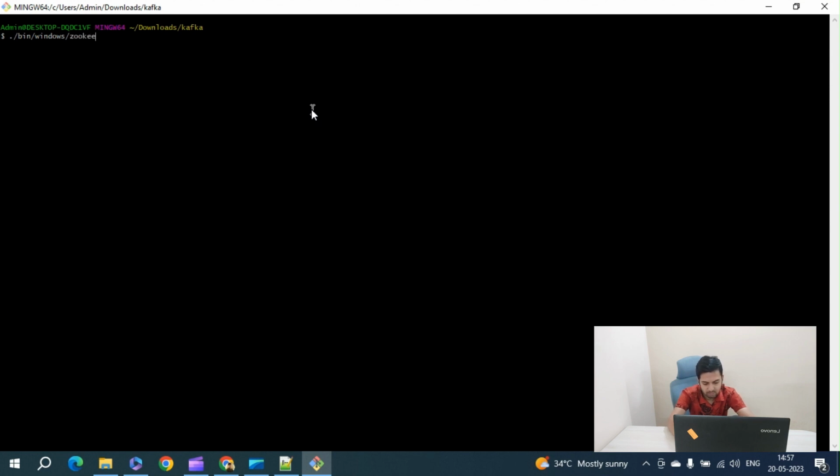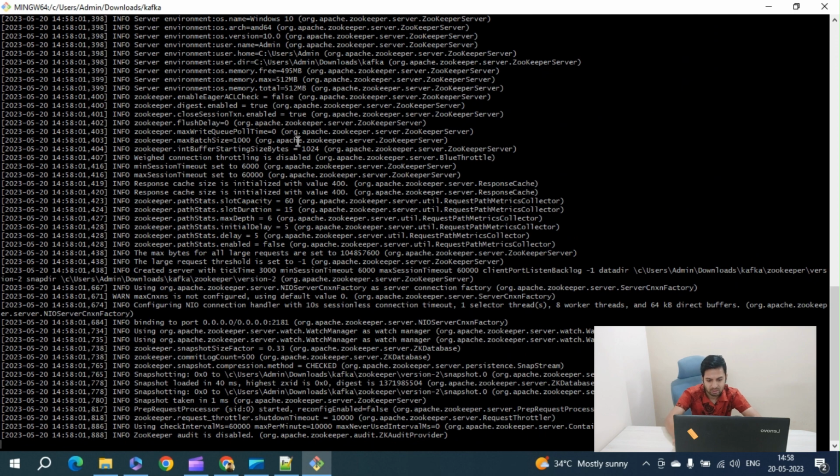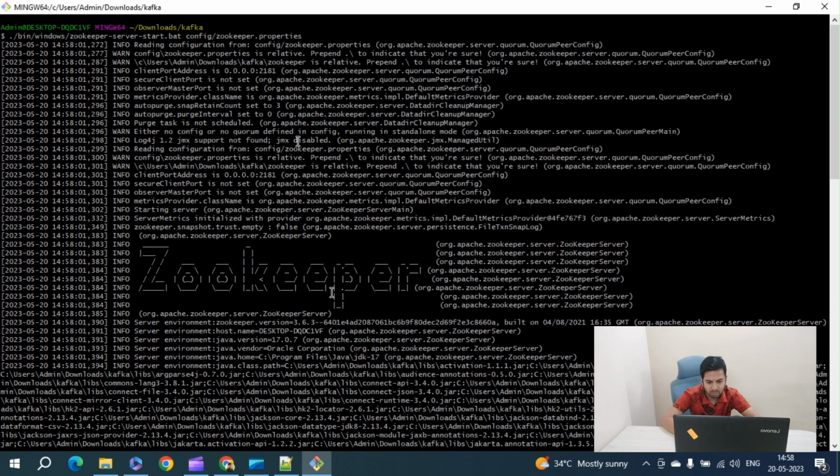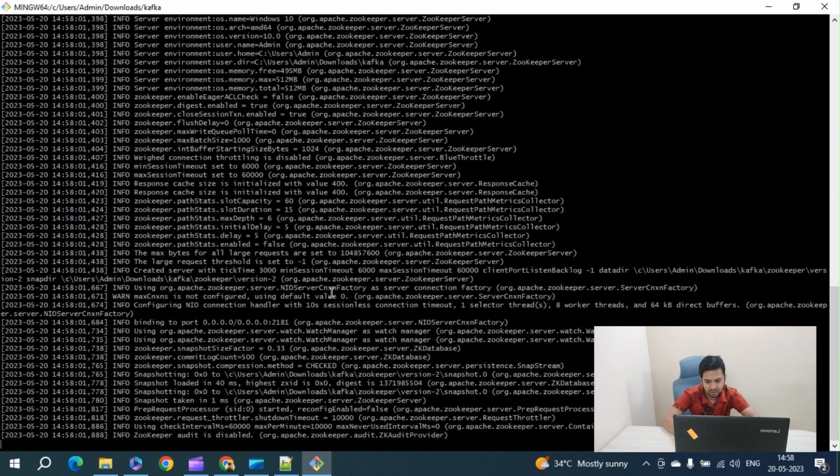Now just run the zookeeper-server-start.bat file and use the config zookeeper properties. Now let's run it. Yeah, so here your zookeeper is started. That means